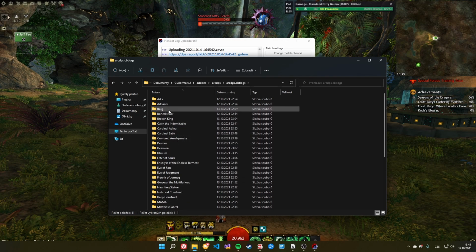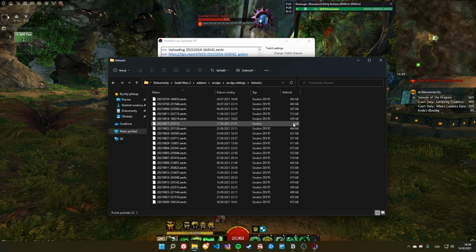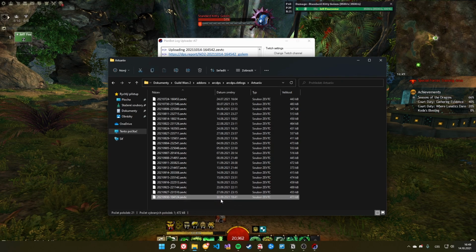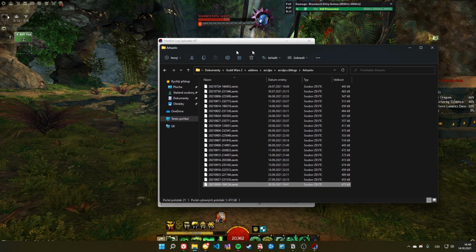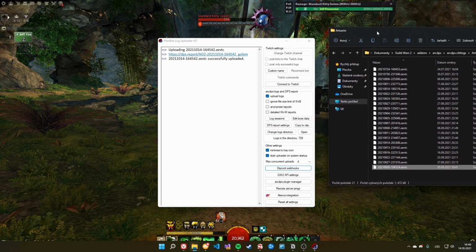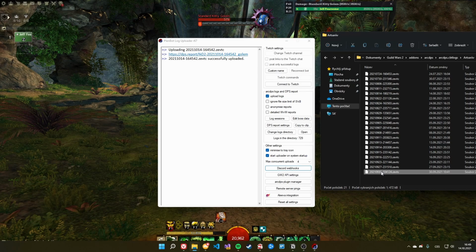Let's find some log. I have ArcDPS here, which has some 0 kilobytes one. Isn't this the DX11 update? Most likely it is. I'm gonna delete it for now. I'm gonna take the latest one from September 30th. I'm just gonna pick it up and drag it onto the application. And you can see it immediately said that it's uploading the zipped file, and hopefully,